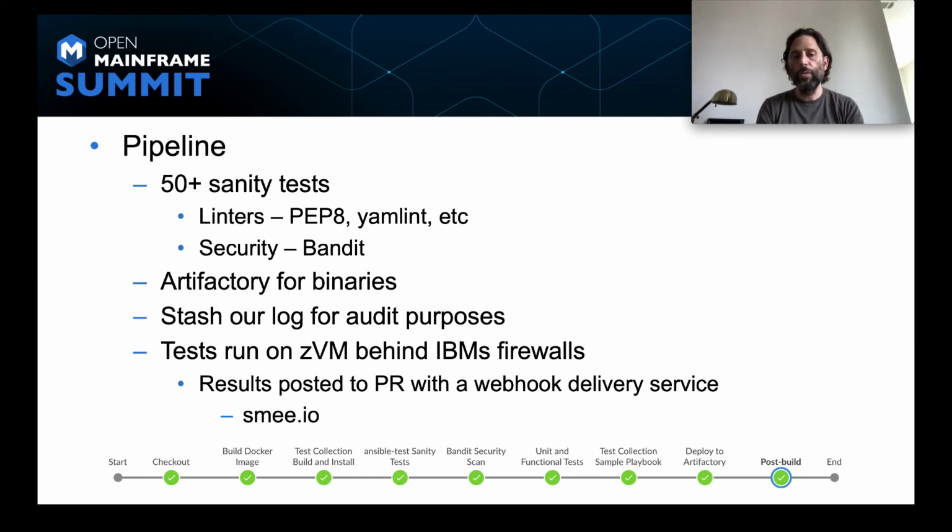Finally, our tests run on z/VMs behind IBM's firewall. Basically what that means, it runs on a mainframe. Now you might wonder, how is that community driven? Well, for now, we are looking at other options to provide compute to users outside the IBM firewalls, but in order to provide development time and compute time to those developers who are not part of the IBM network,